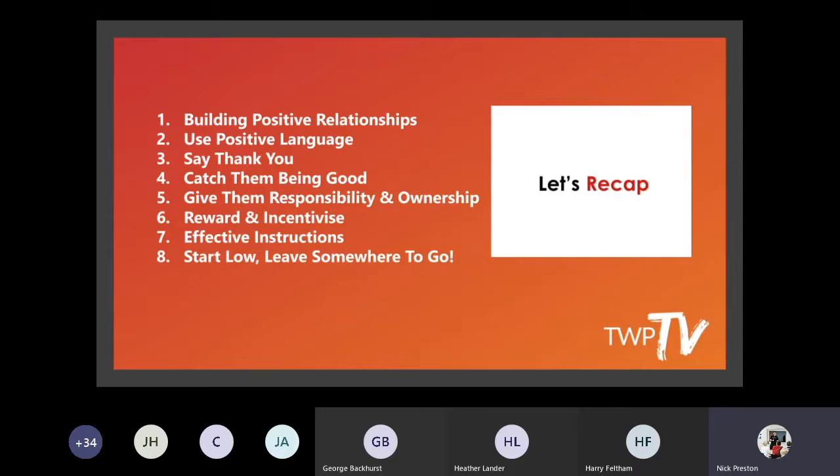Use positive language. So making sure that you're not highlighting the negatives. Don't run. No. Walk sensibly. If I say don't run to you, all you hear is run. If I say walk sensibly, you hear walk and you hear sensibly. Okay? It's really important that you use that in those psychological ways.